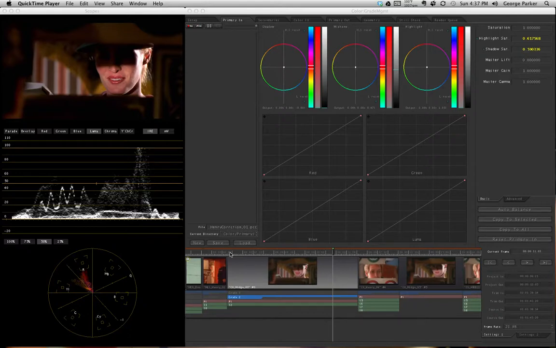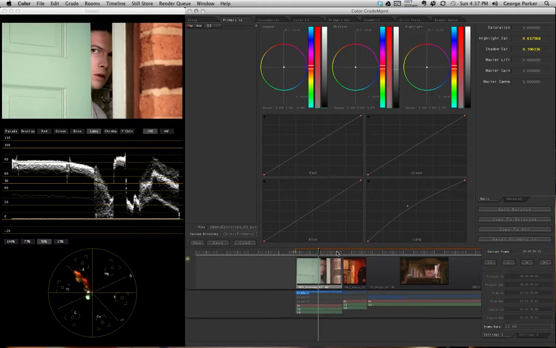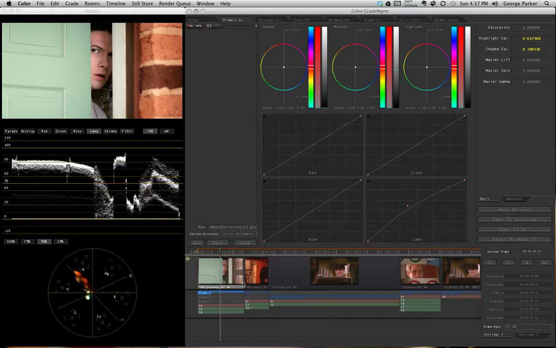So let's look at how we might use this as a production tool, in terms of how we'd want to manage this process a little bit better. I've opened up lesson number 5, and this is the project I'll be working with this week. It's basically just a sequence, and there's already a lot of stuff done to each of these shots. I want you to mess around with creating different grades,